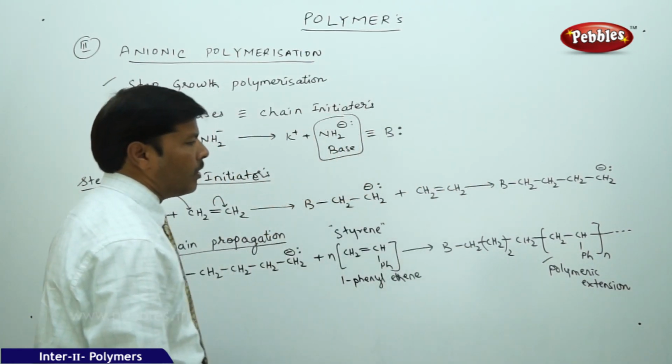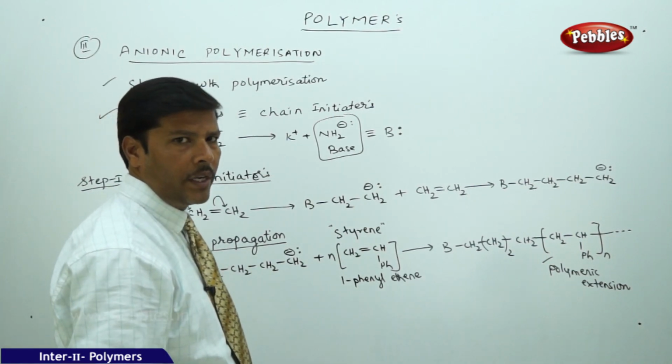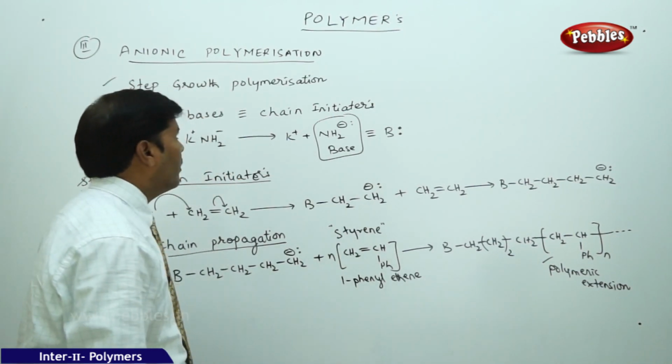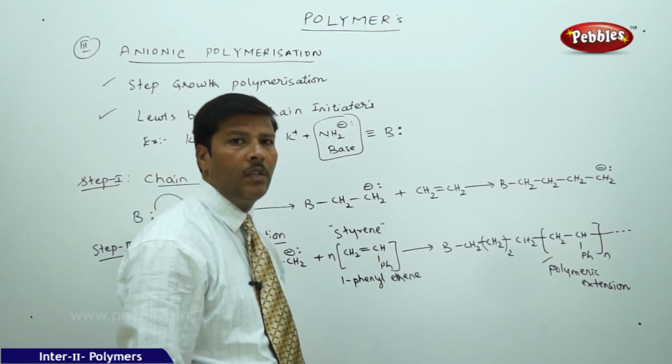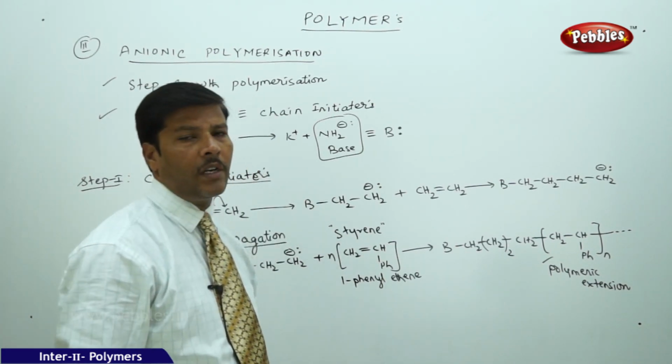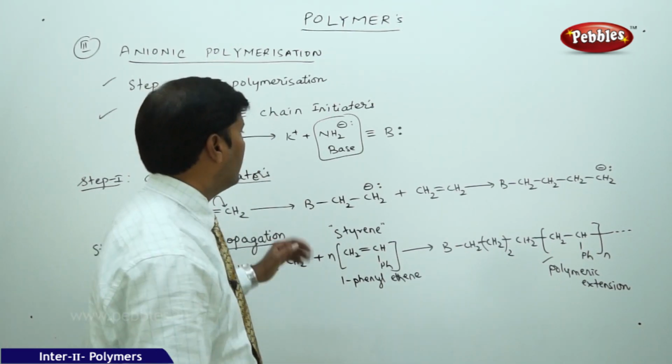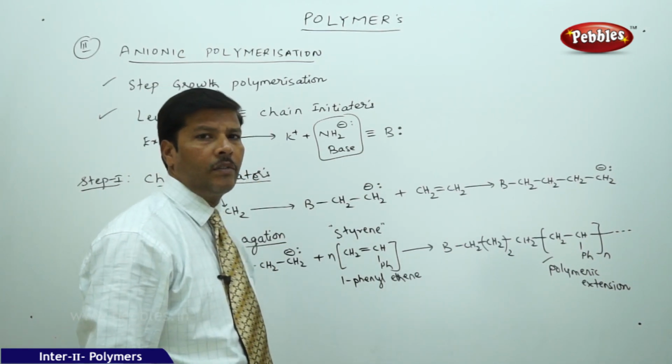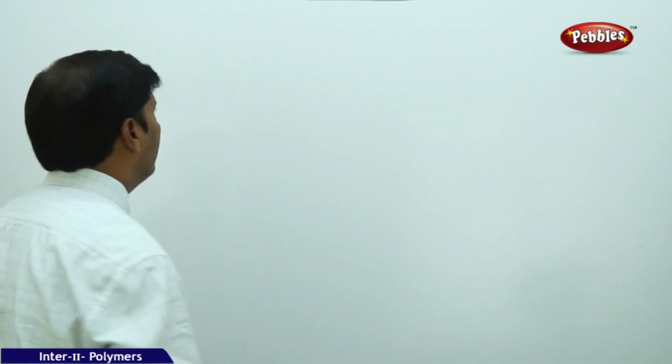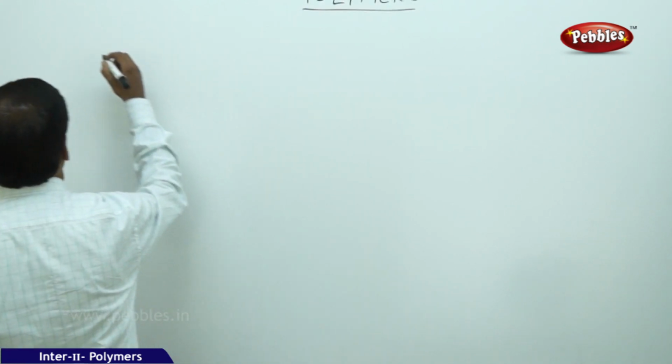And you can see that in the product there is no charge, that is, no negative charge. So therefore we have completed all three modes of polymerization, that is cationic polymerization, free radical polymerization, and also anionic polymerization. So the next part of the discussion, that is the last part in the polymers, is